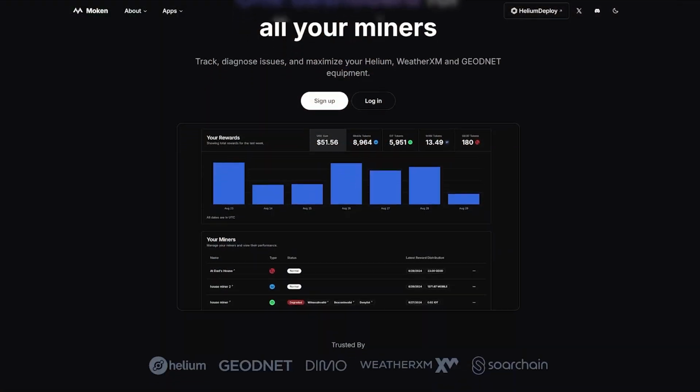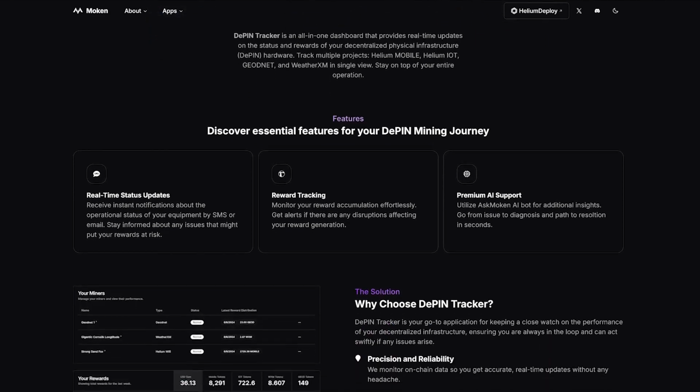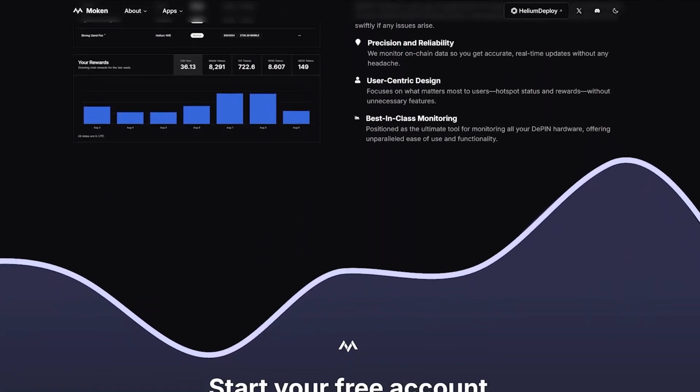So to kick this video off, what exactly is Moken's DePIN Tracker and what does it do? Well, in simple terms, it is a powerful platform designed to track and monitor your DePIN miners. Now, if you're new to DePIN miners, they are also known as decentralized physical infrastructure networks. Now this, of course, is an emerging and fast-growing category of crypto mining, combining blockchain with real-world assets like IoT